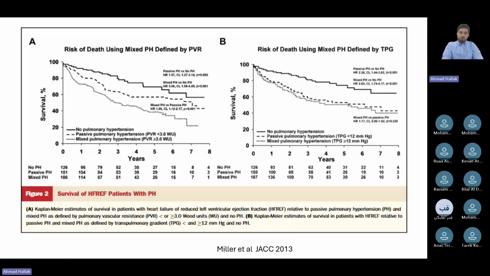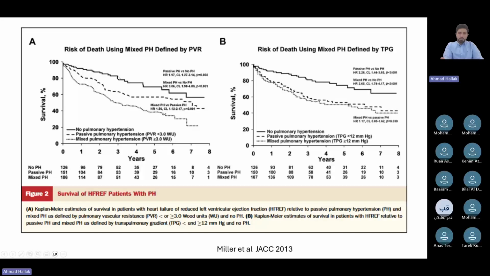And here's the important thing. In patients with heart failure, if you have pulmonary hypertension, your mortality increases significantly, your survival. So this chart is, you're defining pulmonary hypertension based on the pulmonary vascular resistance in chart A, and you're defining it based on transpulmonary gradient in chart B. And you can see that patients that have pulmonary hypertension, the solid line is the patients that have heart failure,